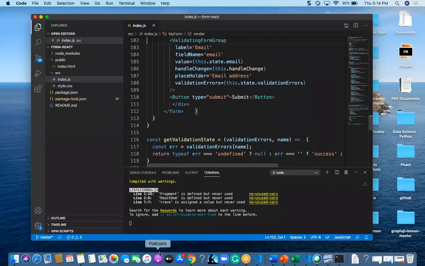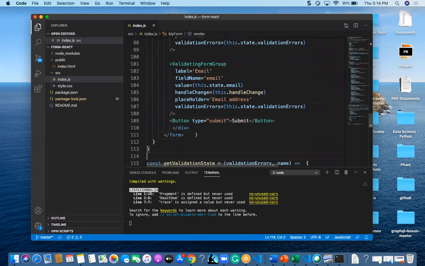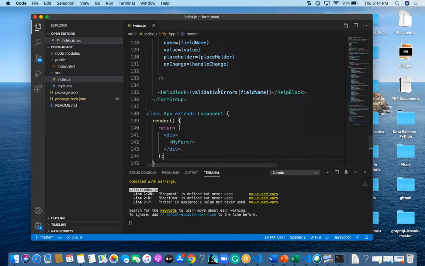At the very first point of time, I have created here one class, and I have given my form name here. My form is the one which has the form name, which is my component.